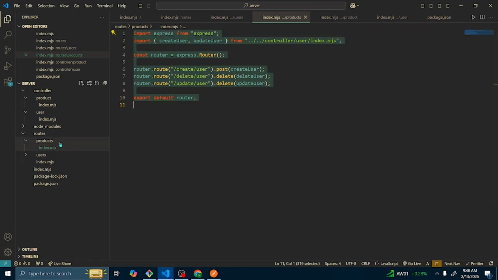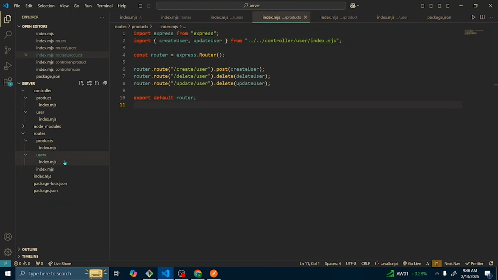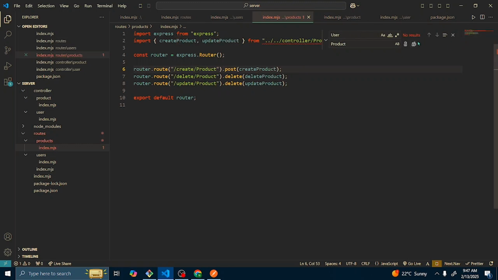I can just reuse this inside my users, router.use. Users, great. Now here, we'll just replace this. Then here, we made a mistake. So we'll just find the user, replace with product. Great. Now, instead of reading from product, what we do,